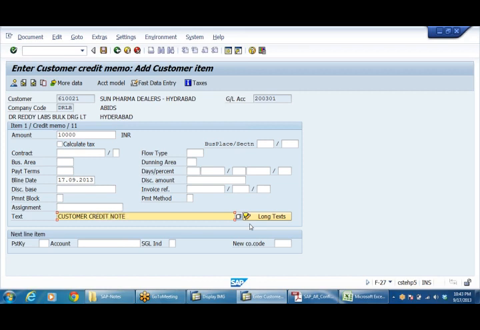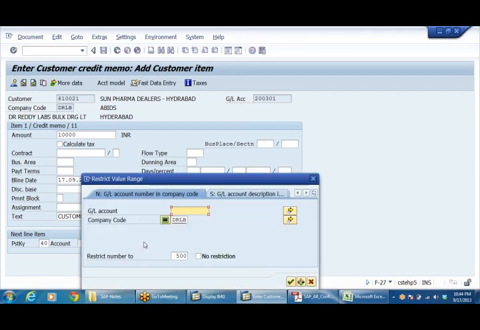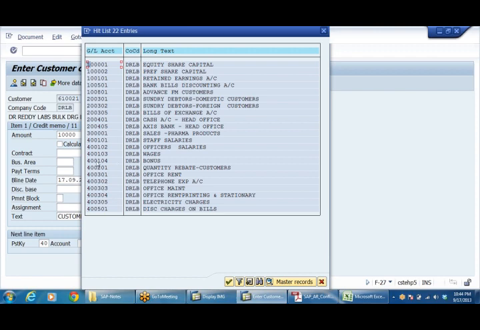Customer credit note. Posting key 40. First line item customer credit given. The second should obviously be debit. One is debit, another one is credit. So what GL account do I have to use? 400,201, quantity rebate.